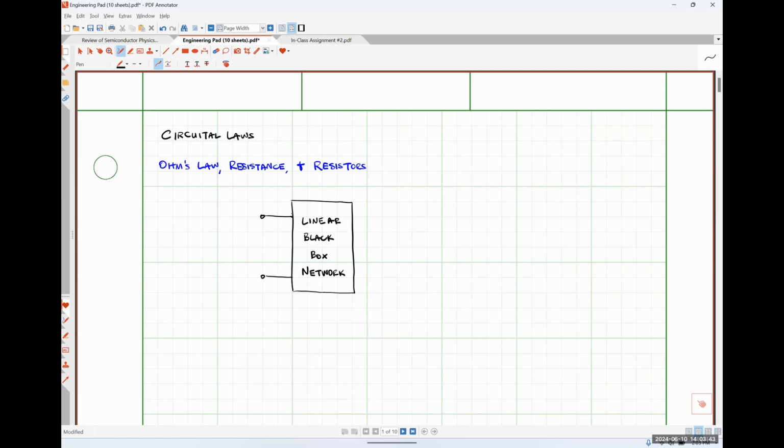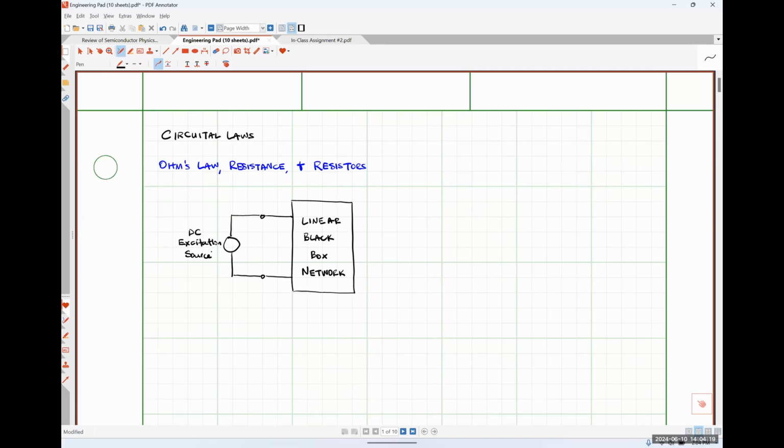So I'm going to connect to this linear black box network some type of excitation source. Now, this excitation source could be a voltage source, it could be a current source, it doesn't matter. I am just going to make the caveat in this case that it is a DC excitation source that's being used